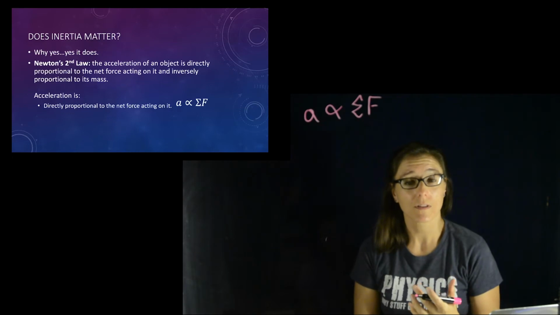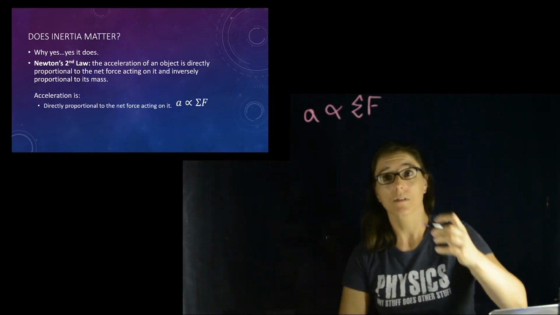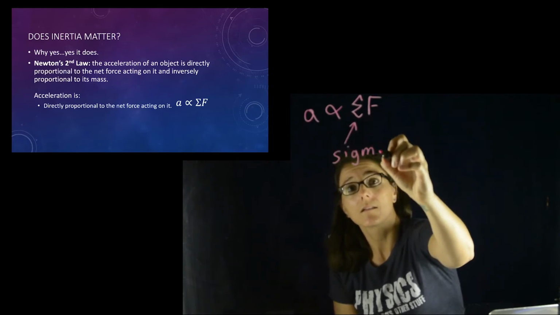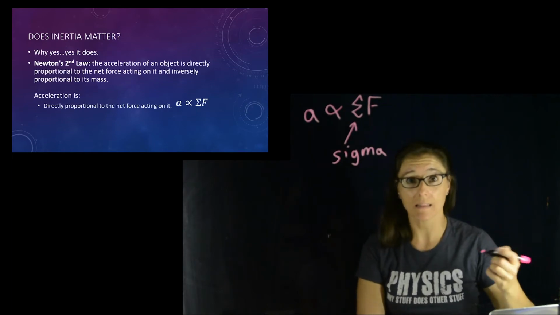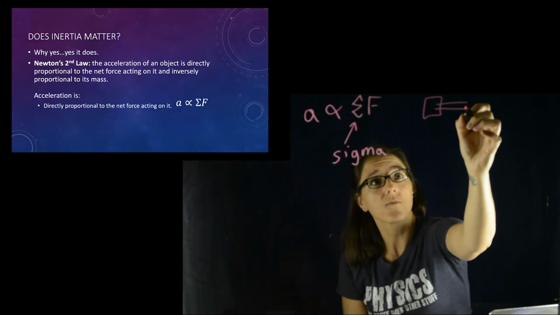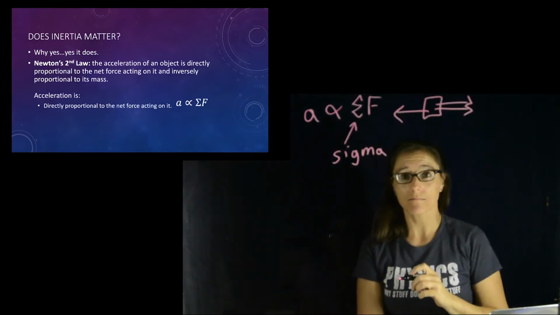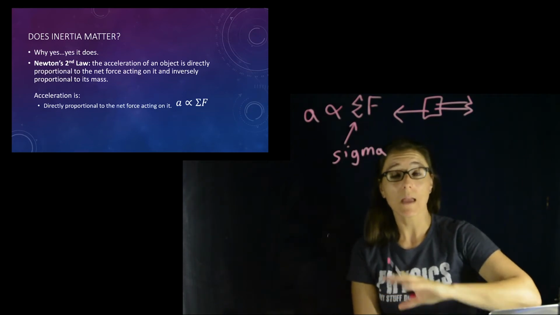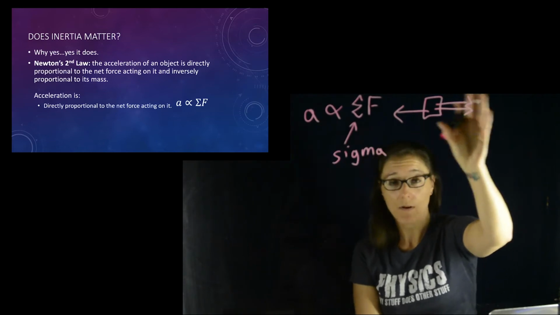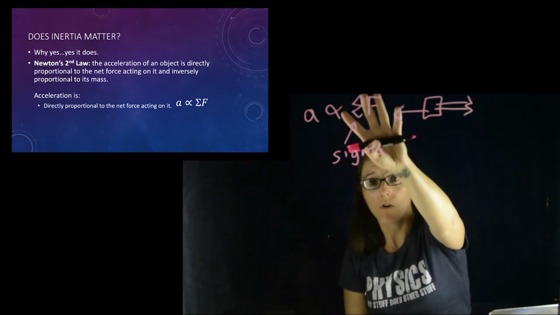So what is net force? Net force is the overall addition of the forces. This is a Greek letter sigma. It means literally adding them up. We're adding these things up. And that means that if you have an object and it has some forces acting forward on it and other forces acting backwards on it, if we account for some of them as negative forces and others of them as positive forces, however you decide to define them, when we add them up, we will have the net overall force